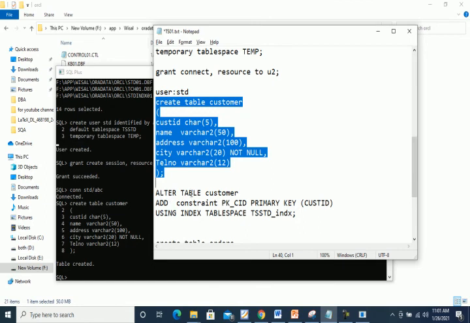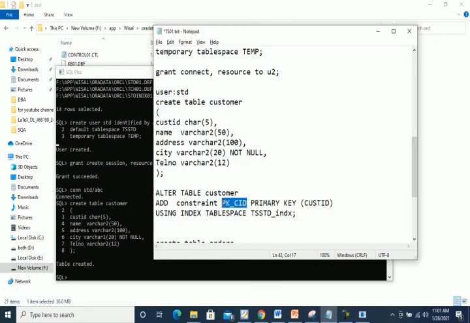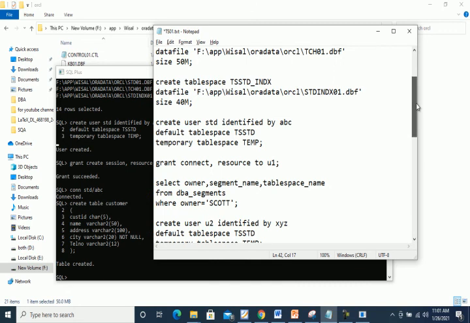Alter table customer, add constraint, then the identifier name, the primary key identifier name, which is pk_cid, primary key cust id, customer id, and using index tablespace, because we created a separate tablespace for indexes named tablespace std_index.